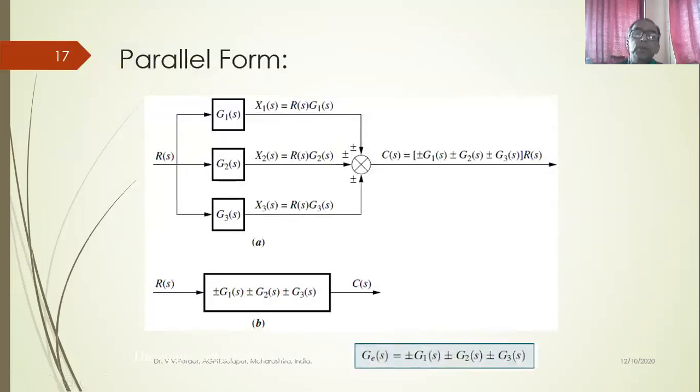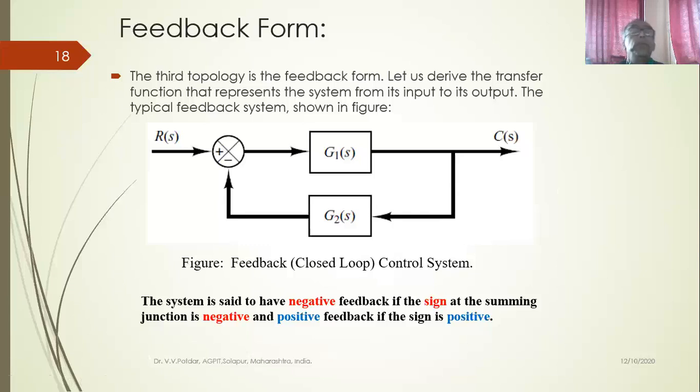Let us go to the feedback rule now, the feedback form. Okay, let us read this block diagram first of all. So I have got input as Rs, a summing point having a cross, so plus sign, and negative feedback, that is a minus sign. Then the signal goes straight into the forward path. This is called the forward path.